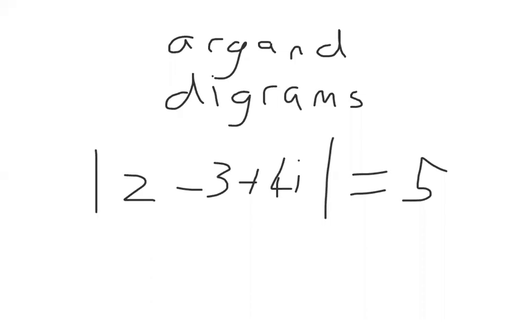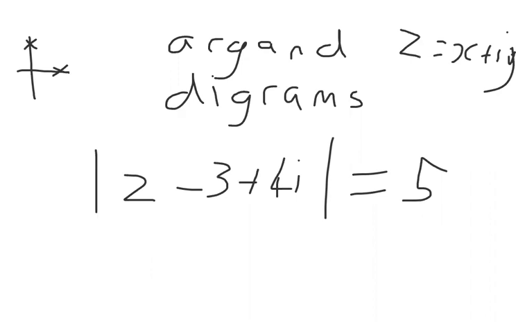Because it's modulus, we should probably square both sides, as if you square a modulus you get a positive, so we'll square it in a bit, but not just yet. So if we have z, just remember the equation, z equals x plus iy, where x is real and y is also real, but because it's in front of i, it shows up on the imaginary axes. So if we have z equals x plus iy,